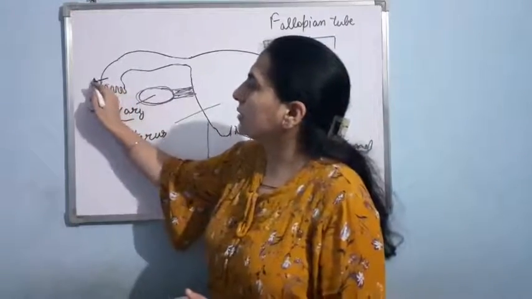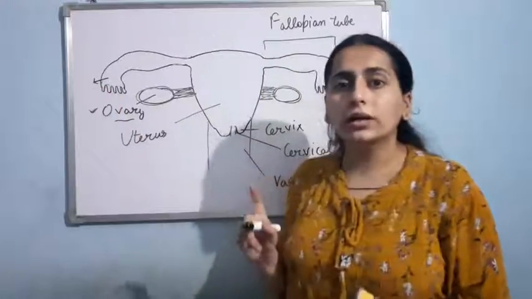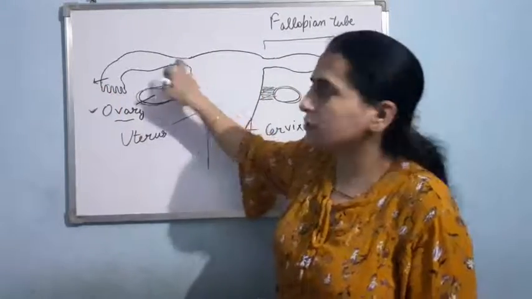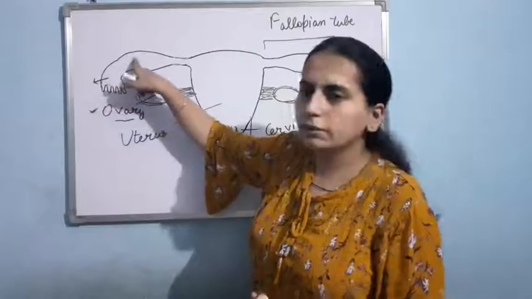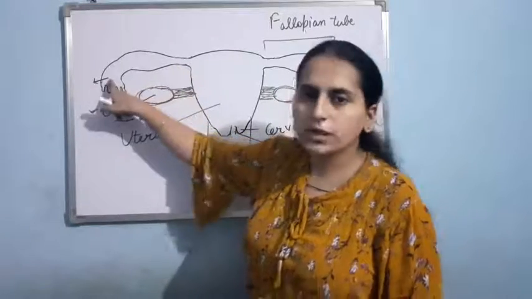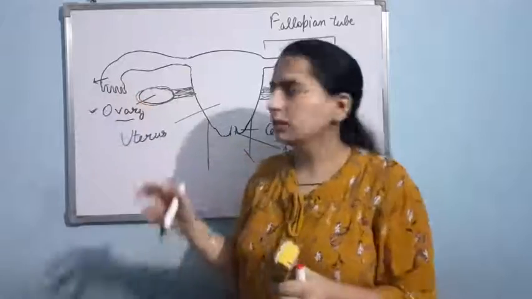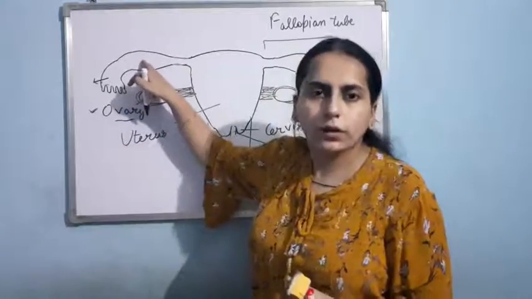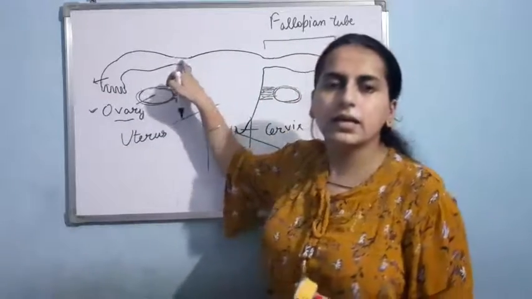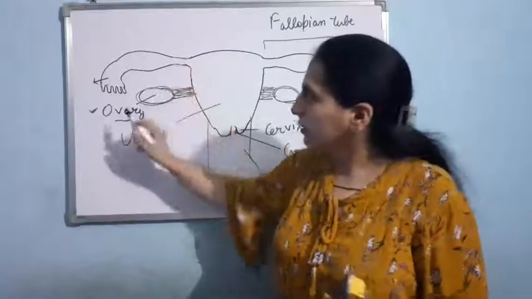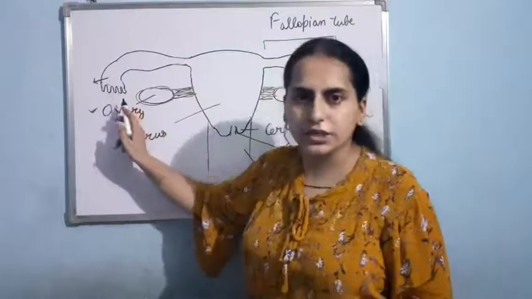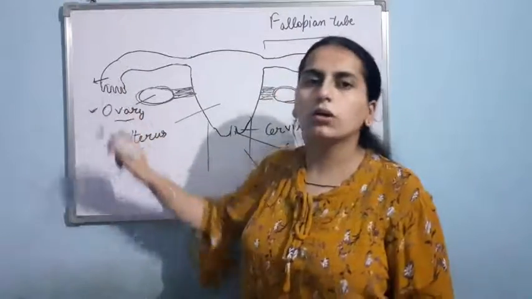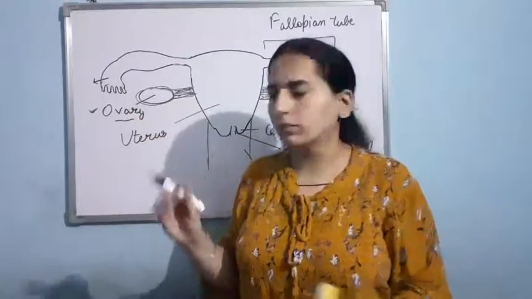So basically from here, if I talk about the different parts of the fallopian tube, don't consider this as your first part. From here your part will start. First, second part, third part. First part, that is funnel-shaped, second part that is broadened, and third part that has a narrow lumen. Clear? The first part that is broadened and has finger-like projections is known as the infundibulum.